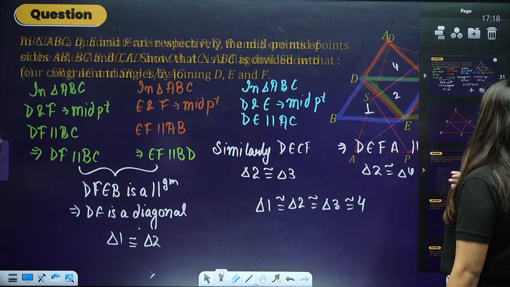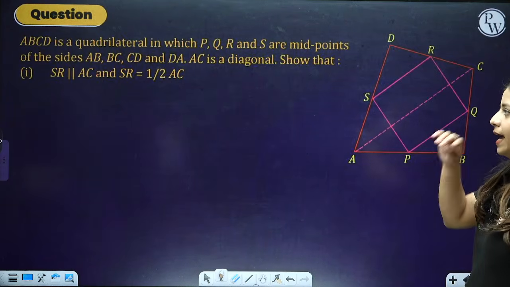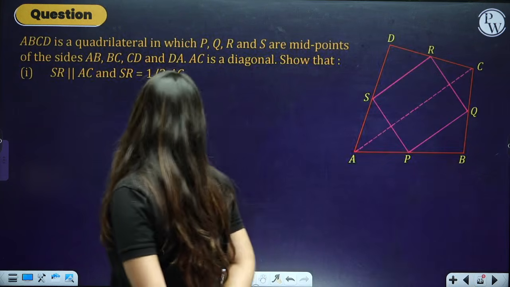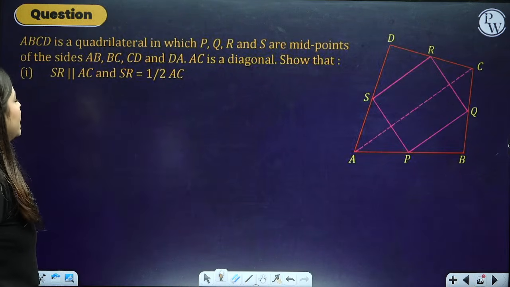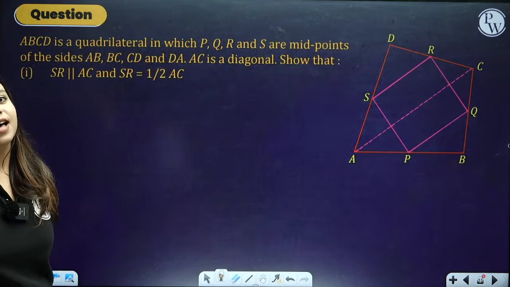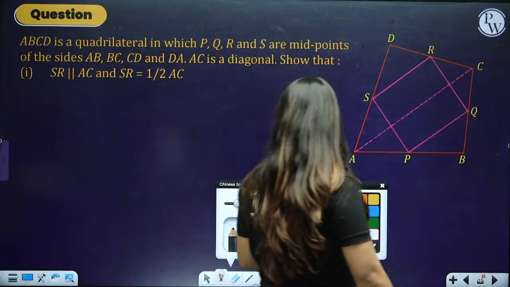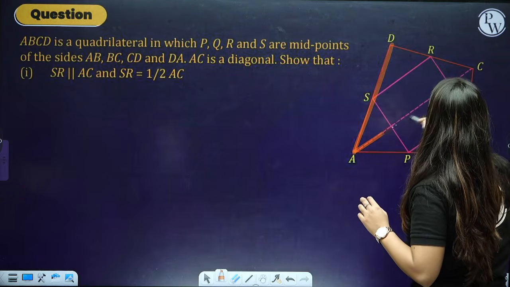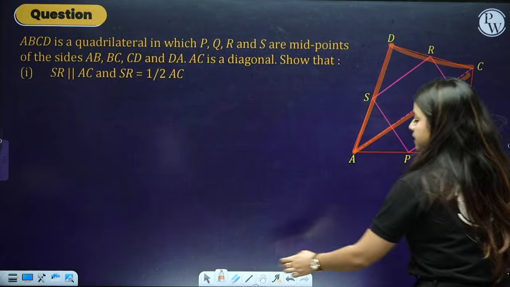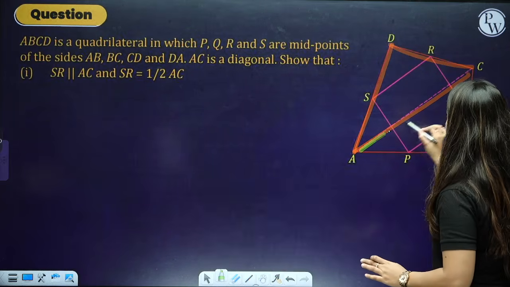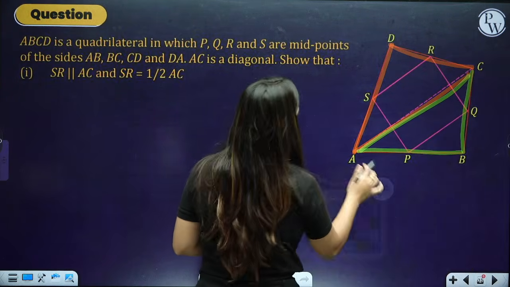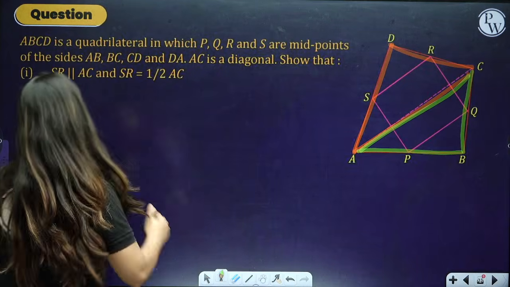Alright. So now this question says ABCD is a quadrilateral in which P, Q, R, S are the midpoints of the sides AB, BC, CD and DA. AC is a diagonal. Show that SR is parallel to AC and SR is half of AC. Now as we see, the diagonal divides the quadrilateral into two triangles. One is this one and the second one is this triangle. Now let's see. In the very first part, in triangle ADC,